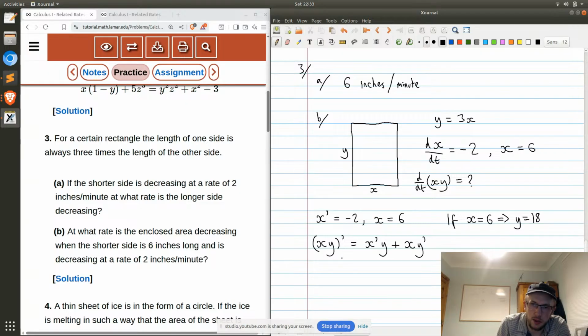And so what? Oh, then the only thing we need to find out is what y prime is. Okay, well, if y is equal to 3x, then dy by dt would be